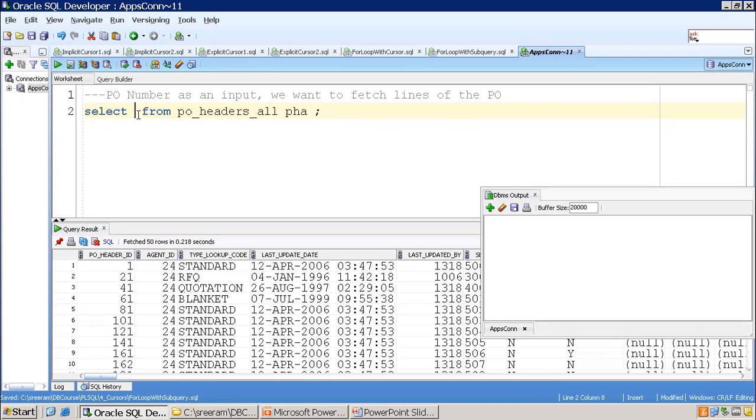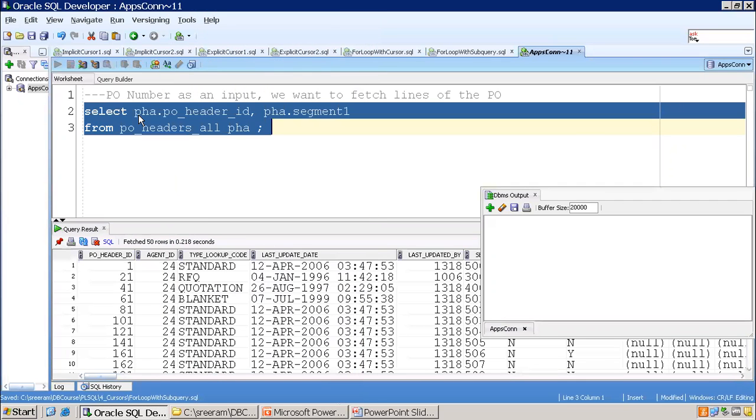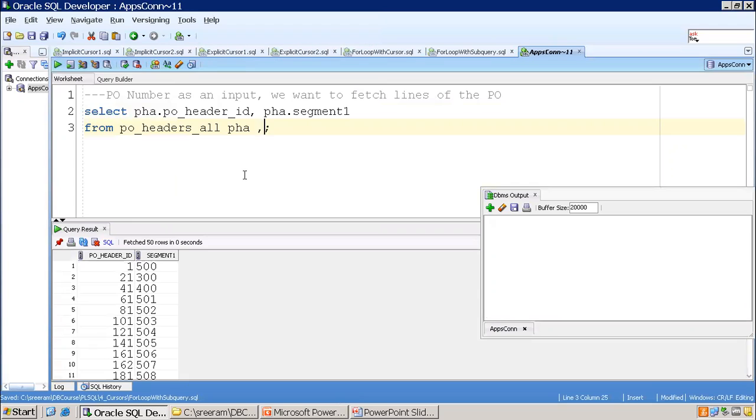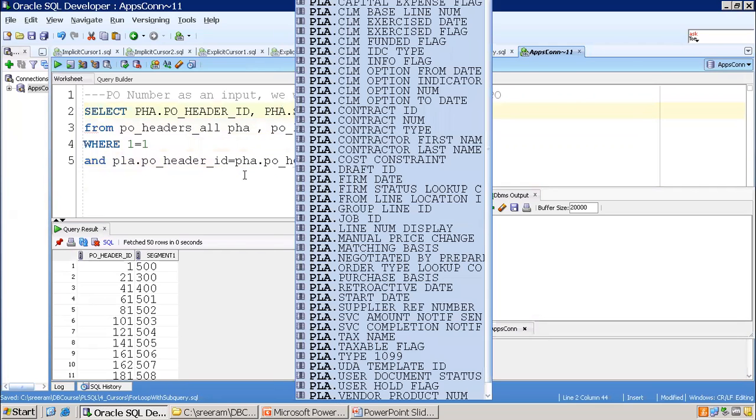So let us write ph dot PO header ID first of all, ph dot segment one. This is just the header part. Now similarly, let us write the lines part. I'm joining the lines data with an equi join. Now I'll just mention line data. As of now, I'll just mention